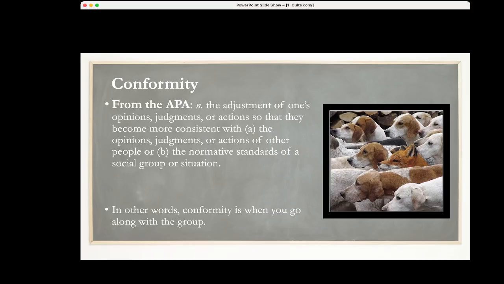Strict definition of conformity. I wonder about it in SAQ of students writing, conformity is when people go along with the group. So, yep, technically accurate. Would they score high marks if they did something a bit more technical? Well, maybe. I think if we just define conformity like this, and they have good explanations of informational and normative social influence, it would be fine.